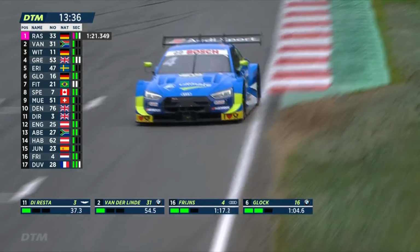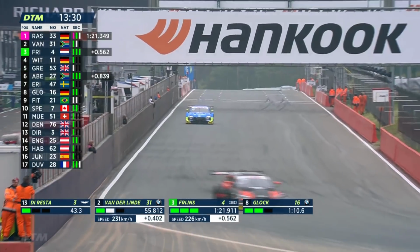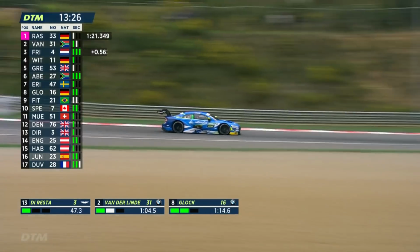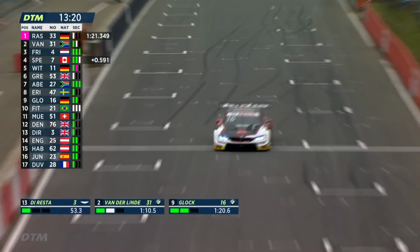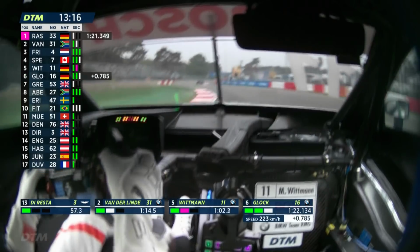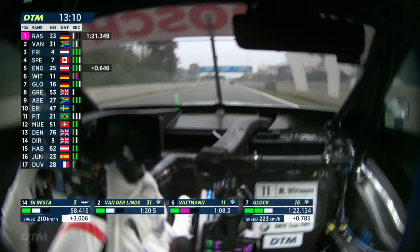Here comes Robin Freins then. Robin Freins is currently much further down the order until now, when he posts a 1:21.911 and goes third fastest. Timo Glock on quite a good lap as well. He goes from P9 to P6. Marco Wittmann is looking the quickest of everyone that's out on track at the moment. And Marco Wittmann, P6,